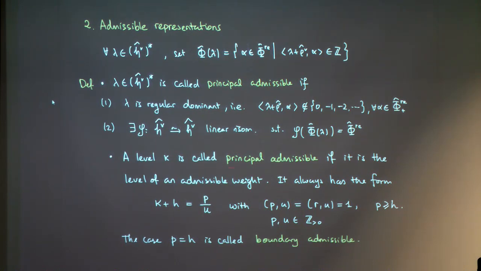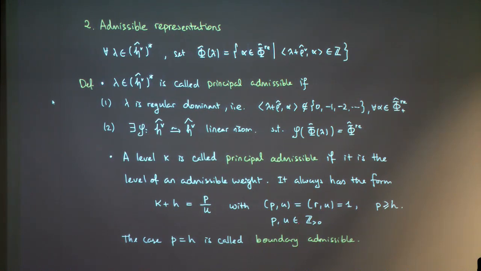A level is called principal admissible if it is the level of an admissible weight. And such levels have been classified. So you can only get levels of the following form: k plus h, where h is identified with the dual Coxeter number of the affine algebra we're considering, has to be p over u, where p and u are positive integers, so they're prime to each other, and u has to be prime to the so-called lacing number of your affine